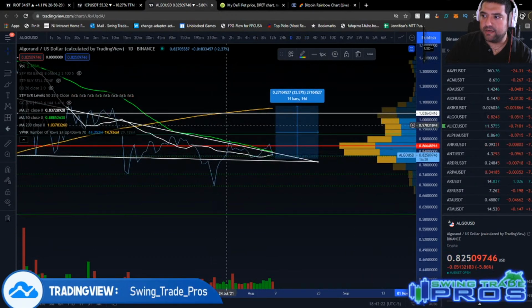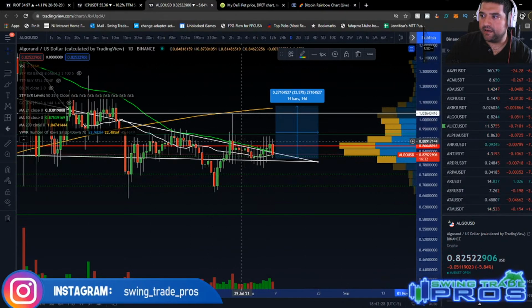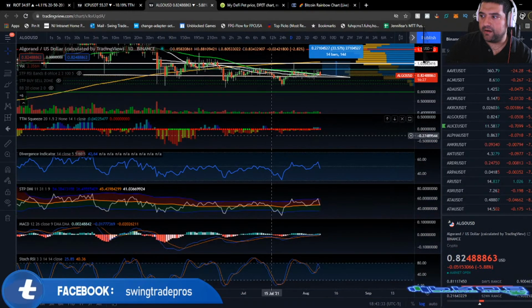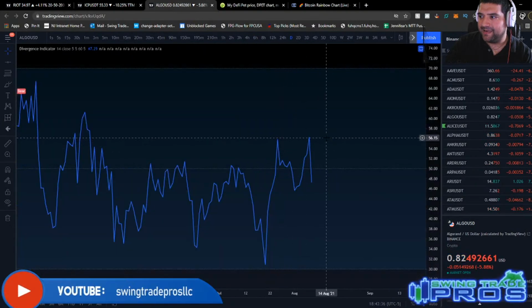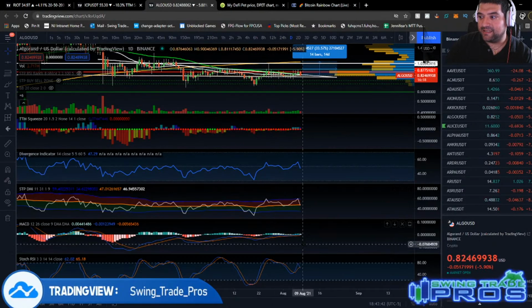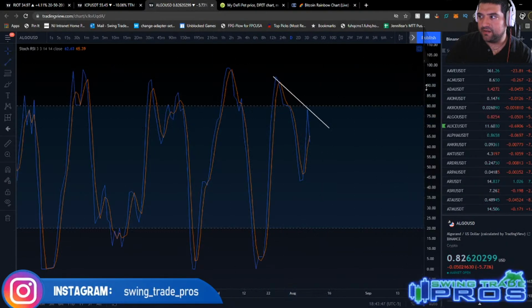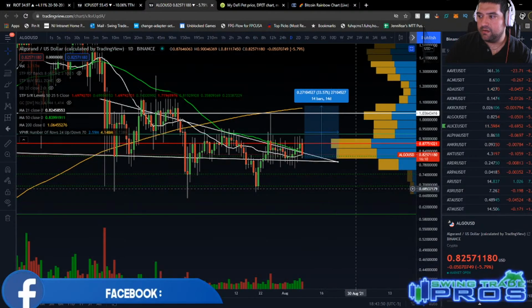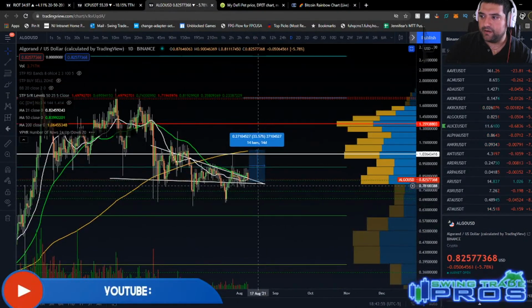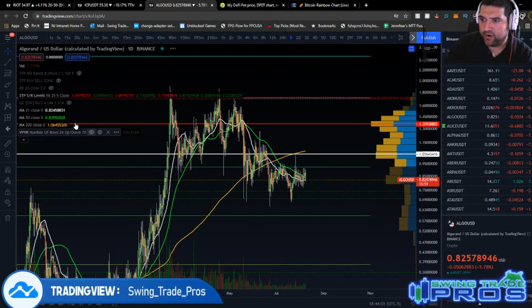The daily chart, yeah, making a lower high. That's not too good. I didn't like to see that. You know, maybe a swing failure pattern, I don't know. It did make a higher high on the RSI. It isn't a daily squeeze. I don't necessarily like this though. This doesn't look good on the stochastics right now, daily chart. Doesn't look so good. It came back into the structure, came back into the pattern. I actually own a bunch of this stuff, so